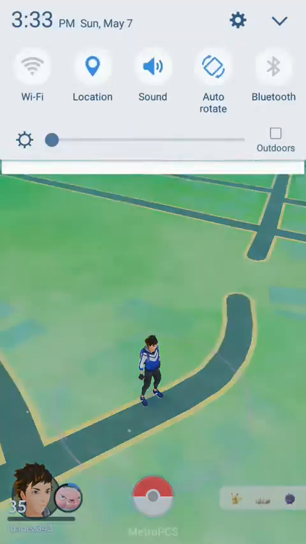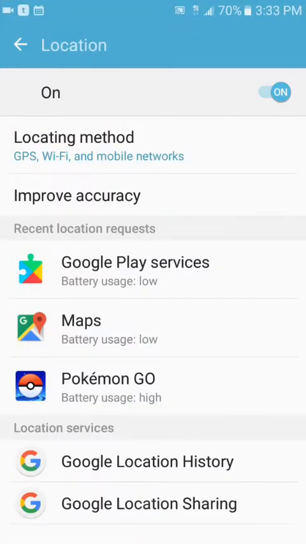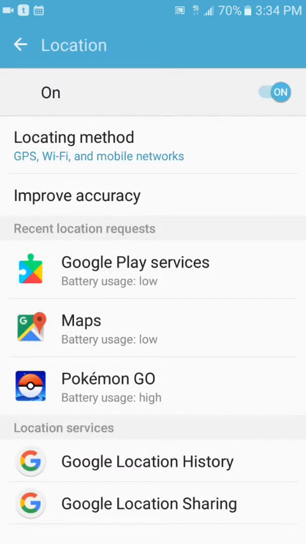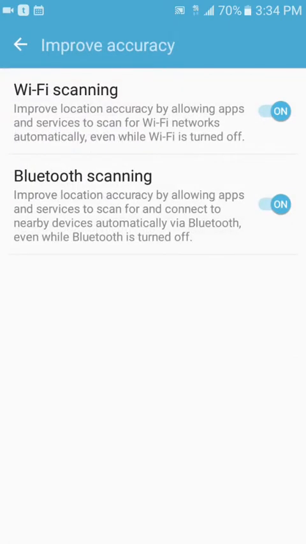The first thing I'm going to do here is go to my location information by holding down on it. That's how you get here. And you've got your locating method, which mine really only works at all if it's on this top setting here. So I'm just going to leave it there. And you have these options here to improve accuracy with Wi-Fi scanning and Bluetooth scanning. I'm going to turn them both off